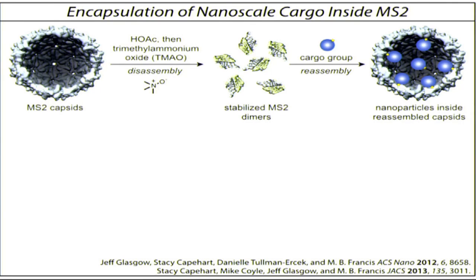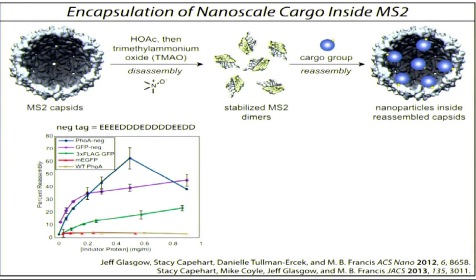And then what Jeff found is that you can put any cargo you want with a high negative charge on it, and what that does is it brings these pieces together around that cargo molecule. Even if it's very large, then the capsid will assemble around the shell, and those cargo molecules are stuck inside. They can't get back out through the holes. So it's sort of like building something on the inside, and then it's trapped in there until the capsid degrades. Just to give you two examples of that, this works great for proteins. It's a major goal